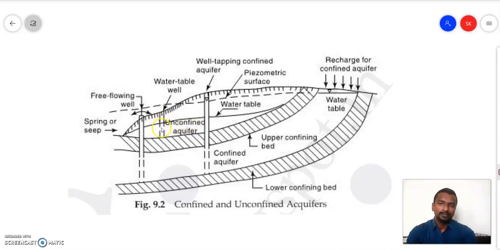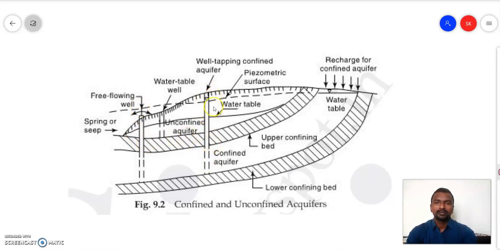So if we pump out the water, the level of the water would be this much. So it is called a static water level, and that occurs in the case of an unconfined aquifer only. Whereas there is another example that we can take for the confined aquifer. In the confined aquifer there are two wells, this is one and this is the second one.